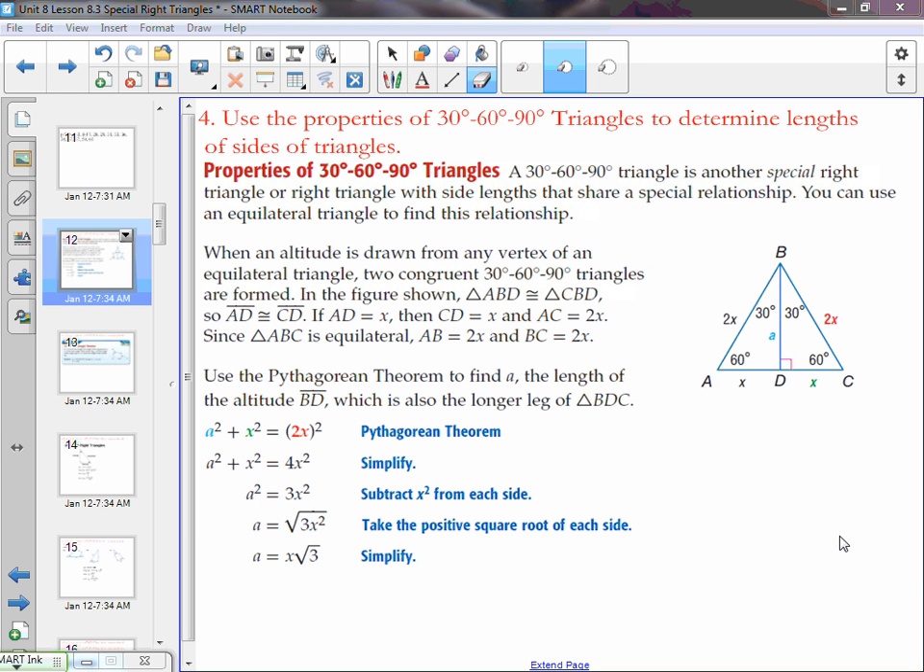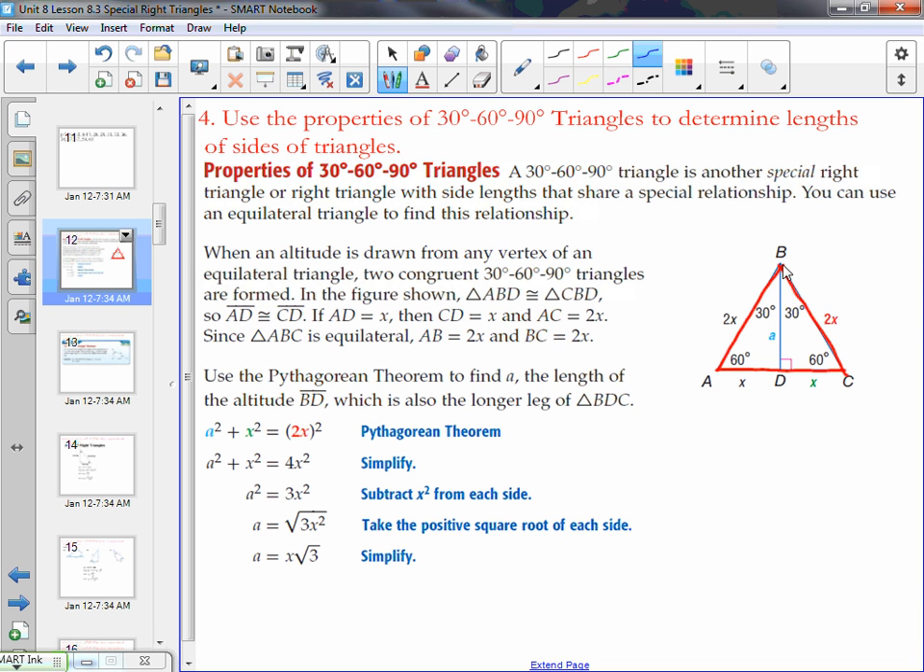Like when we did the 45, 45, 90, we started with a square and drew a diagonal in, and that led us to figure out that whatever the length of the leg was times the square root of 2, that was the length of the hypotenuse. We're going to do a similar thing here, but we're starting with an equilateral triangle. Because when an altitude is drawn from any vertex of an equilateral triangle, two congruent 30, 60, 90 triangles are formed. So they started with this,